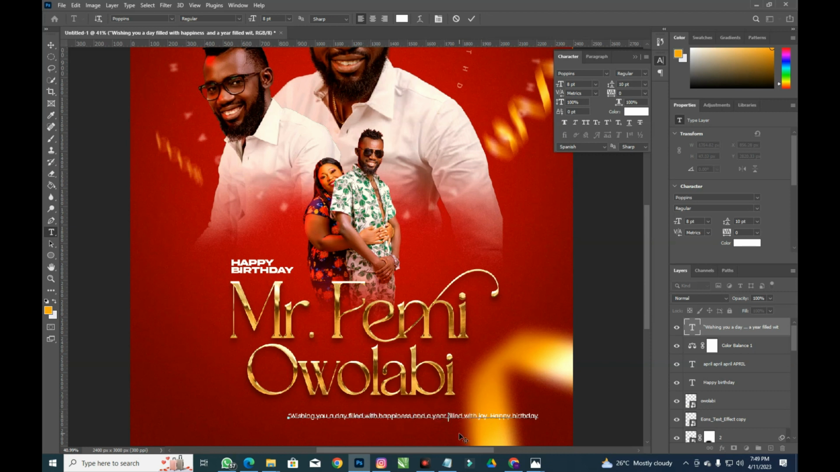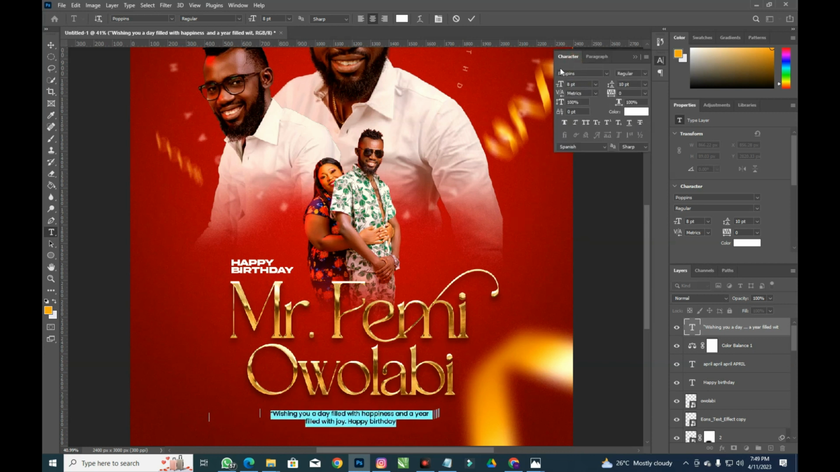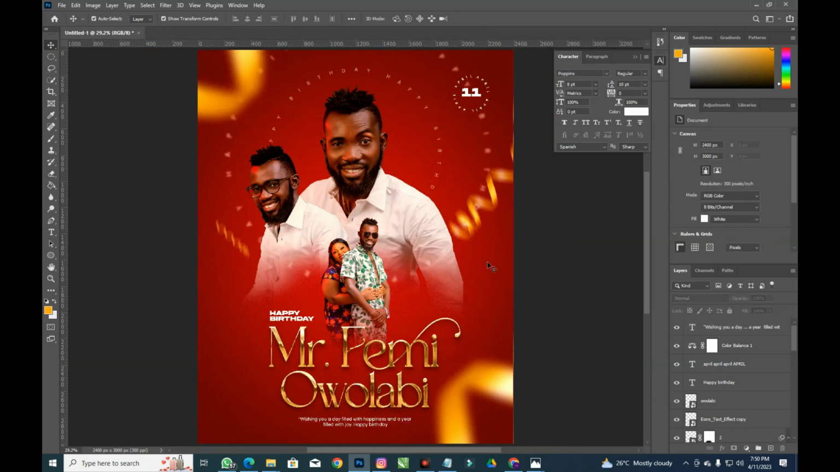and a year filled with, make the paragraph come to the middle and placed here. Let me see if the text is too small, then we increase it. Okay, it's better this way. I think it's okay. So we've come to the final edge of